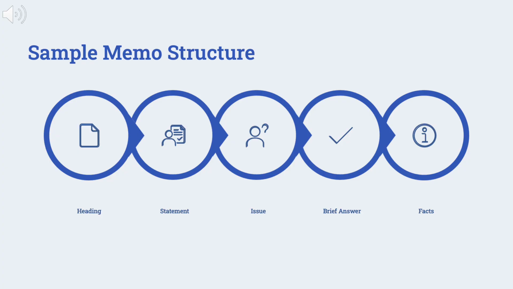The issue frames the analysis. The facts ground it. The analysis develops it. The conclusion distills it. The recommendations apply it. Each section is necessary. Each contributes a distinct function, and together they produce the professional legal memorandum that attorneys rely on to serve their